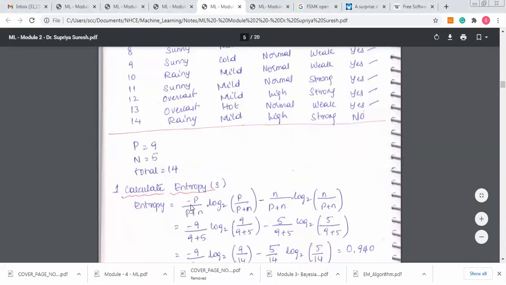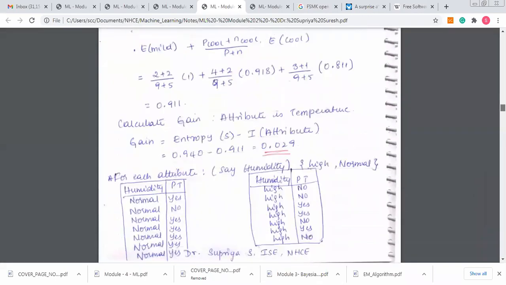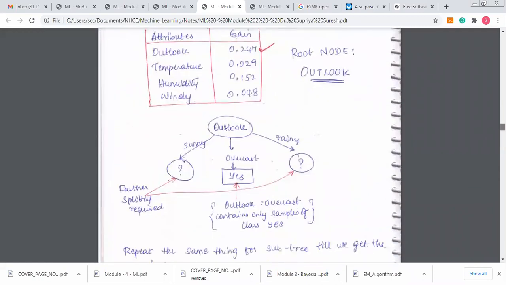See here, it's minus and minus. You have two of minus. It's P by P plus N, N by P plus N. The P plus N is the total number of samples or total number of instances. It remains the same. The first term I'm going to take P, the second term I'm going to take N. The same way, log 2 of P divided by P plus N. Whatever I have in the first term here, I'm going to take the same value here. Again, N divided by P plus N. Whatever value I have here, I will put it into the log 2. It's an easy formula. Okay, ma'am. Yeah, you can substitute that and tell me the entropy value of it.